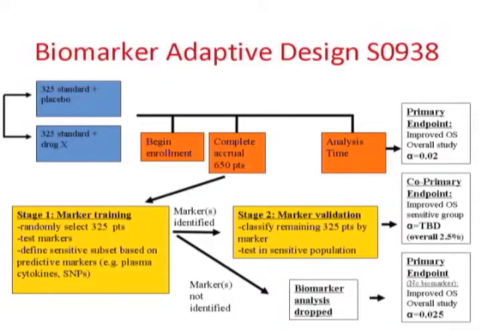So here's a design of a proposed Southwest Oncology Group study. Again, reality always seems to look somewhat more complicated than the statistics getting there. But basically, without going into too much of the details, there's patients that are accrued. You test some markers, you do some modeling. If you're so lucky to find some things that look like they're predictive of treatment efficacy, you use them to develop a population you're going to test in your new study. The good thing about it is,